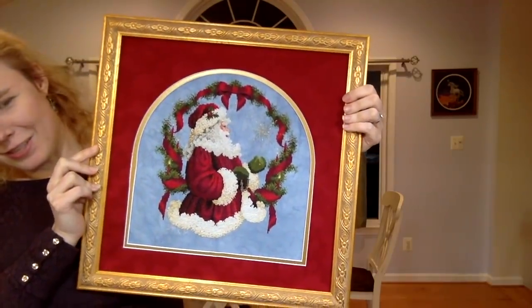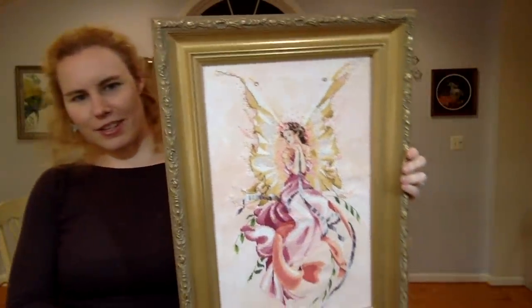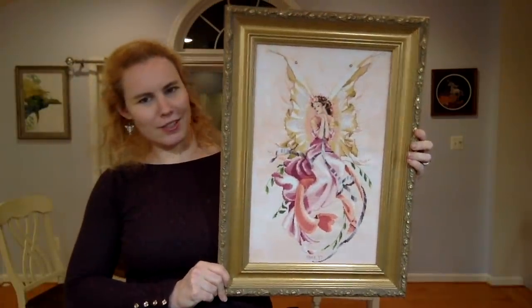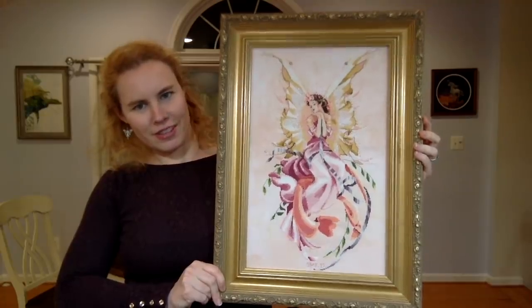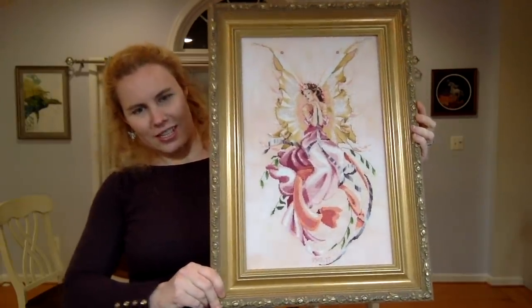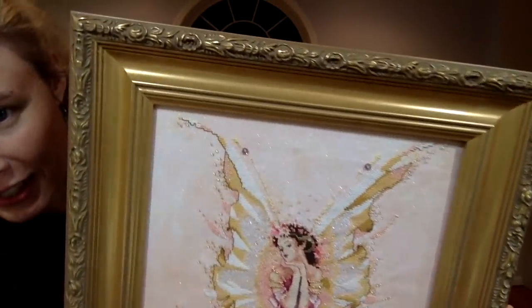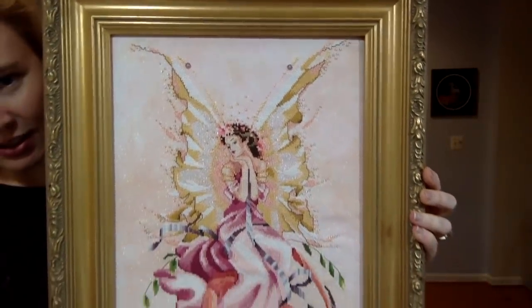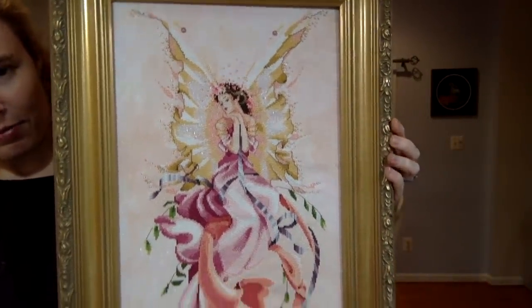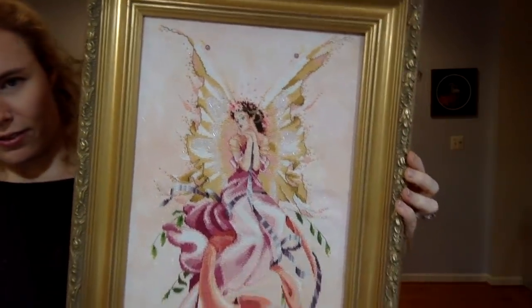Alright, so that's The Spirit of Christmas by Lavender and Lace. Alright, here we are with Titania by Mirabilia. So there's no glass on any of these yet. It's easier for me to show them and photograph them and everything before I put glass on, so I haven't done that part. But this is nice and shiny. It's like the frame has gold leaf on it. It's a very handsome frame. A lot of detail with like botanical detail around the outer edge. Pretty hefty profile. I wanted gold for her to pick up the gold in her wings,